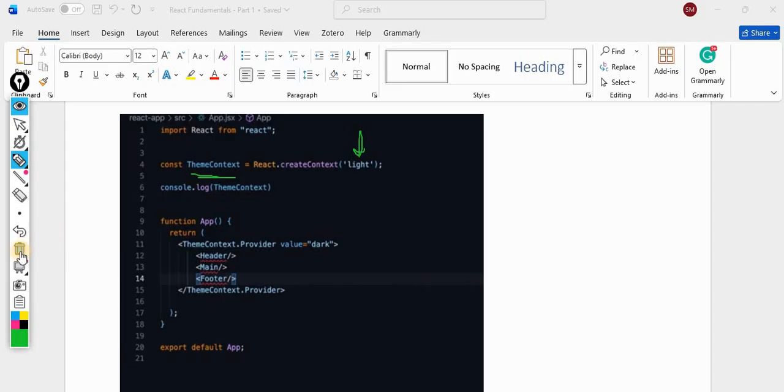In the context we have two objects. By default they are giving light, but we have producer and consumer in the context. Is this clear? We have producer and consumer in the context.